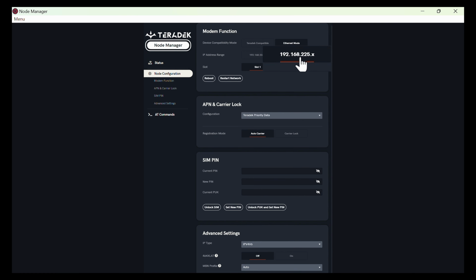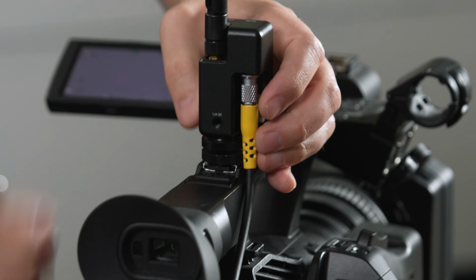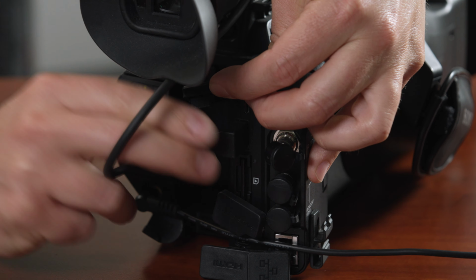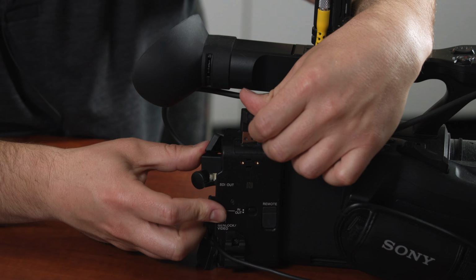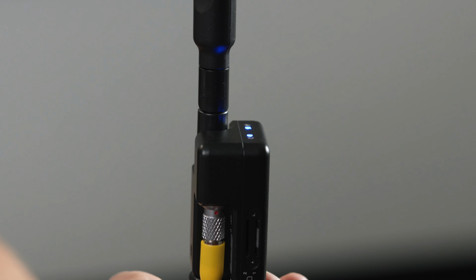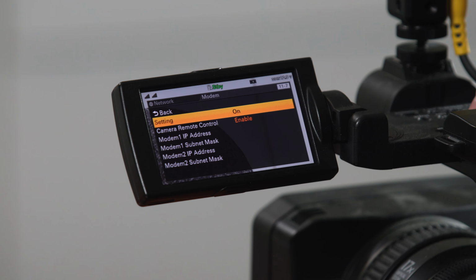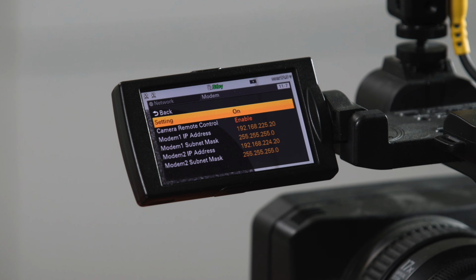The two nodes are configured. Let's get them plugged in. So I've already set up my authorization for Sony C3 portal on this camera with the proper ports, the user credentials, and everything else. All right, now that that's set, we've confirmed the IP addresses, let's get over to the